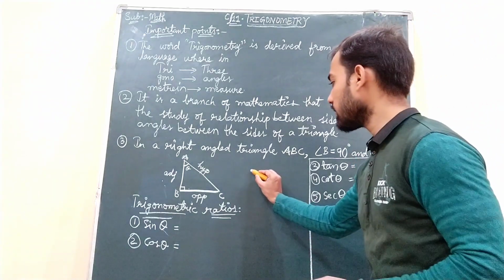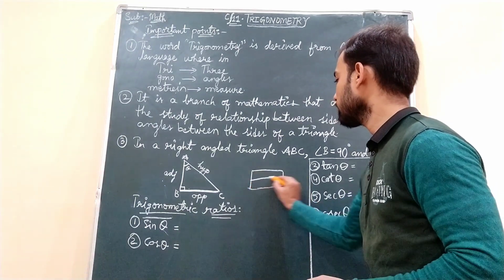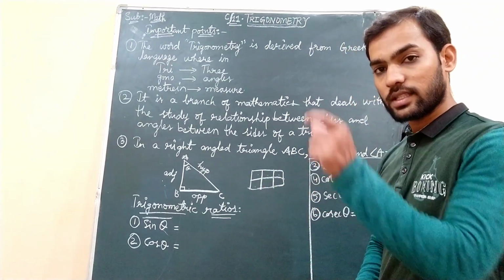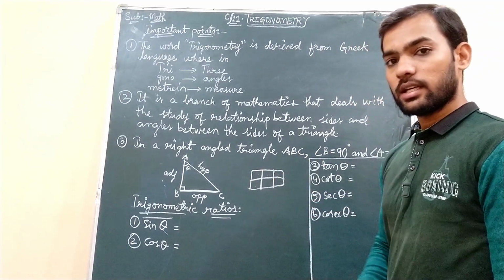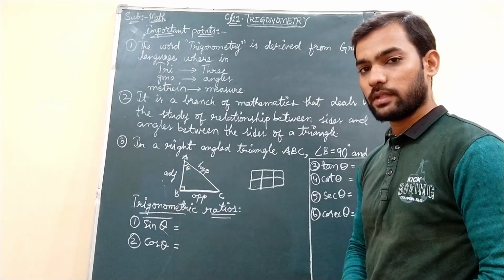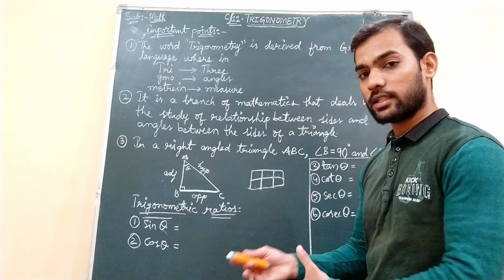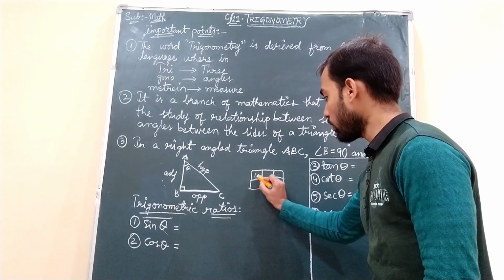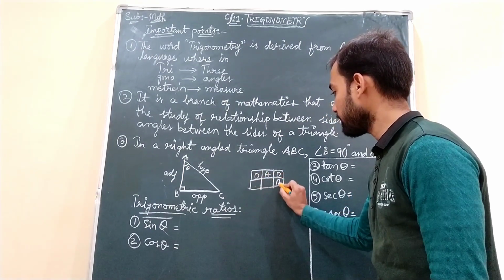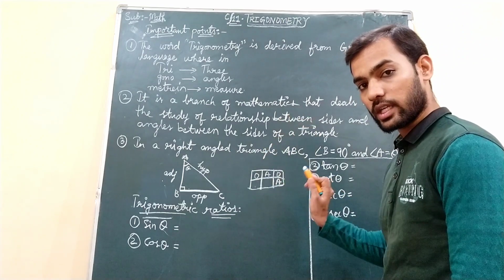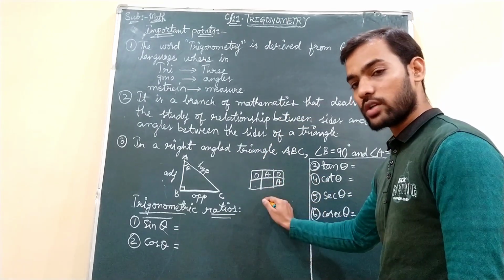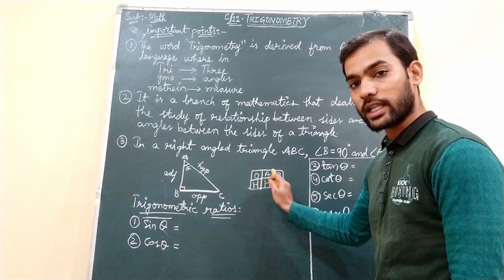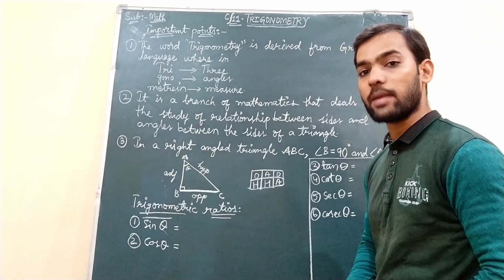For that purpose, just make a small table like this, having three boxes. 2 rows, 3 columns. Write a small table. Like a song tune, you people will hear songs. So there is a song, so like that one tune is there. So what you can do, OA, OA you can write in the boxes first, like this, OA and then OA. After making the table, OA, OA, then 2 boxes are left. In that you write H, H. So here this O is indicating opposite, A is indicating adjacent, and H is indicating hypotenuse side.